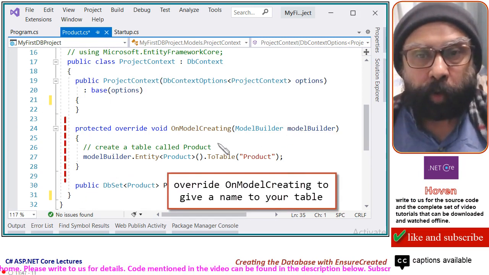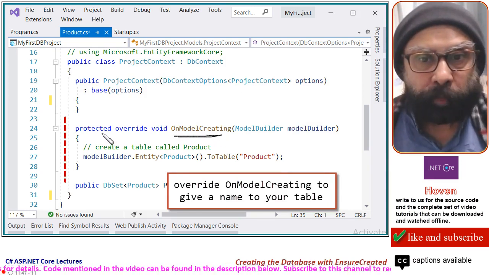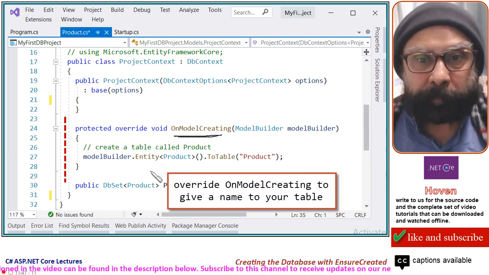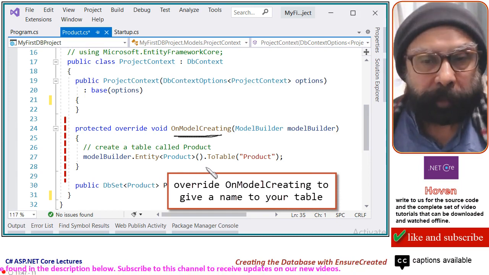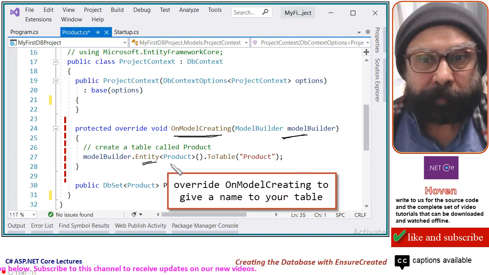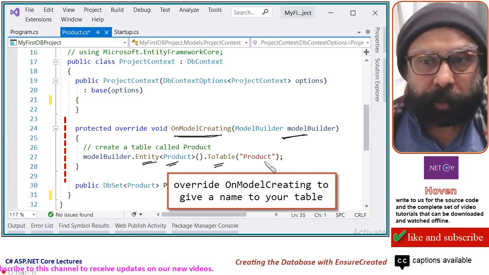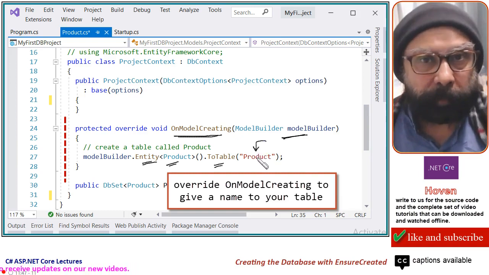Then you should override the OnModelCreating method. Protected override void OnModelCreating, and the purpose of this is that it will help you give a name to your table. modelBuilder.Entity<Product>().ToTable("Product"). This will create a table called Product inside your database.